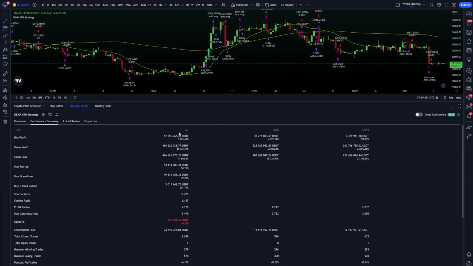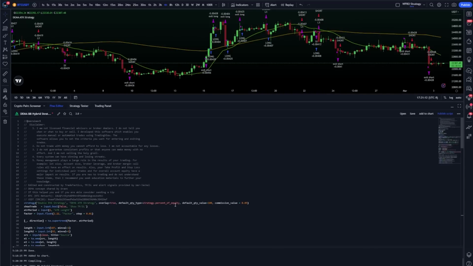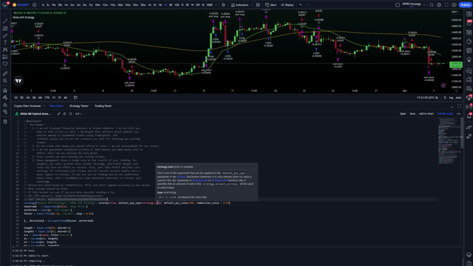Now, if you want to have a flat order amount, let's say you want every trade to be around $1,000 and you just want to see what the results are for that, so if you don't want to have the compounding effect, you would just simply scroll to this first line. This is the strategy declaration line, and the default quantity type, instead of strategy.percent_of_equity, you would simply put strategy.cash and then hit save. Of course, you want to change the default quantity value to the dollar amount that you want to put in